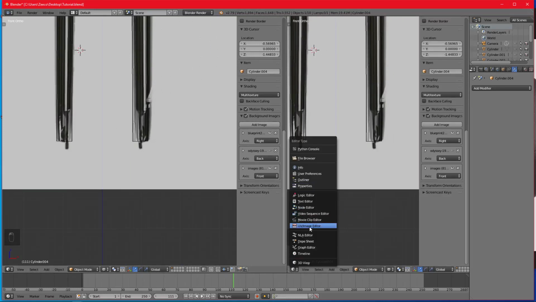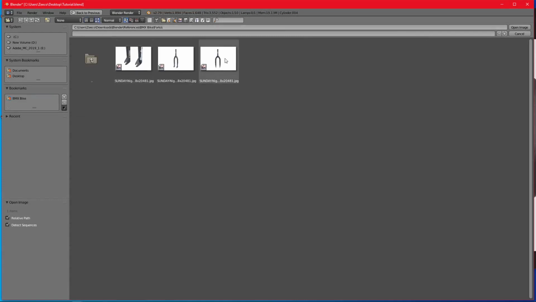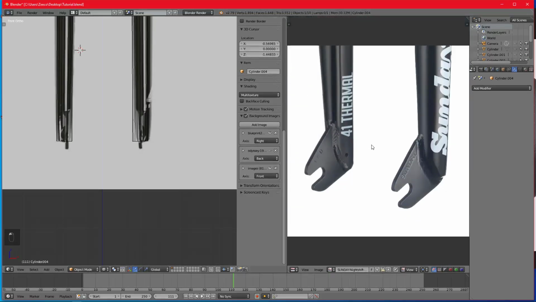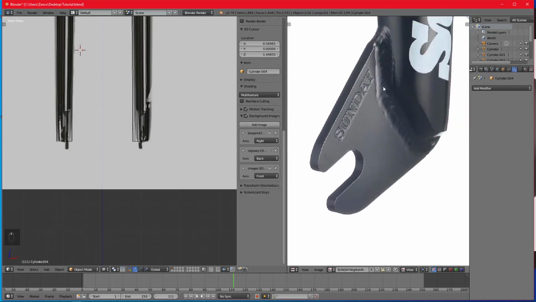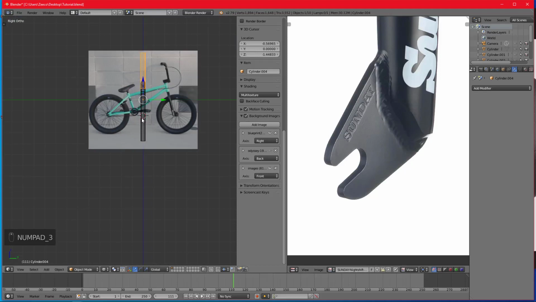So go to UV image and then we open it up, BMS bike, we got it here, and this is going to guide us to it, I guess. But we don't need to do that. Okay, sorry, only use this as the image to view how it looks like. Just something like this, with these shapes. So what we're going to do now is go back to side view and press Alt H